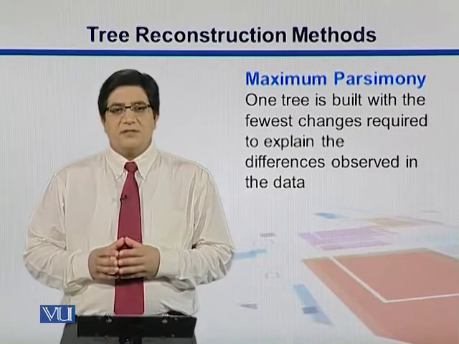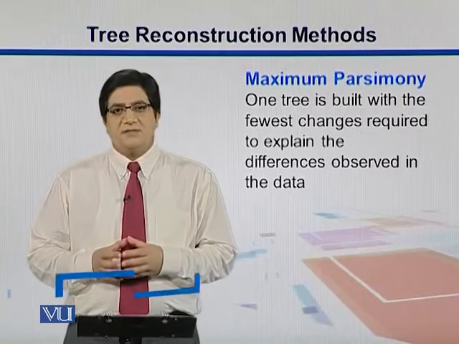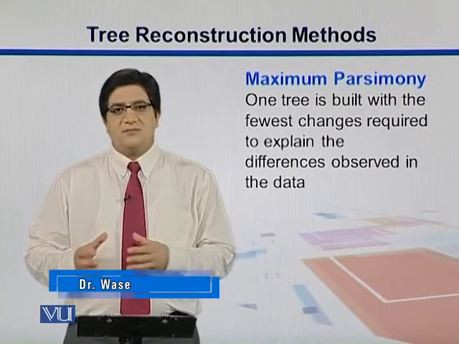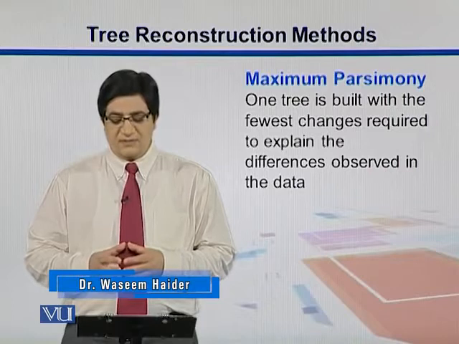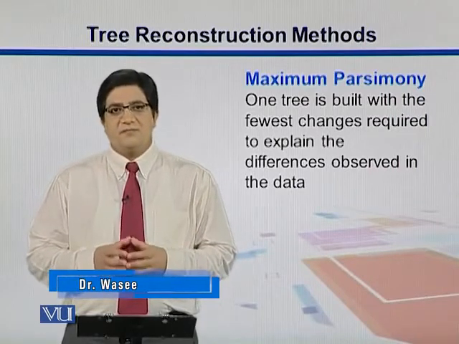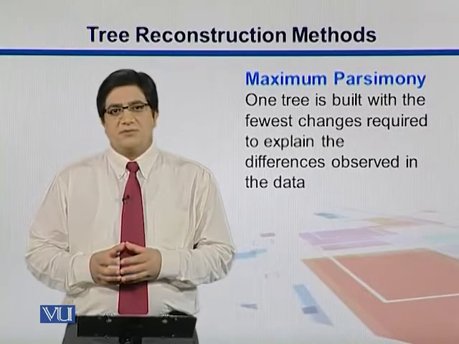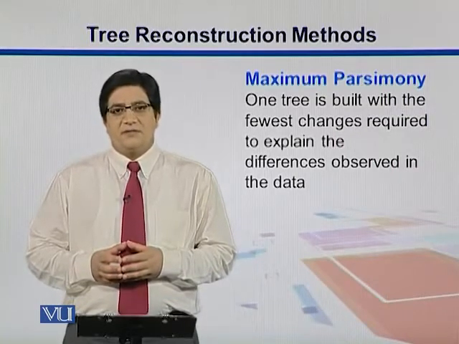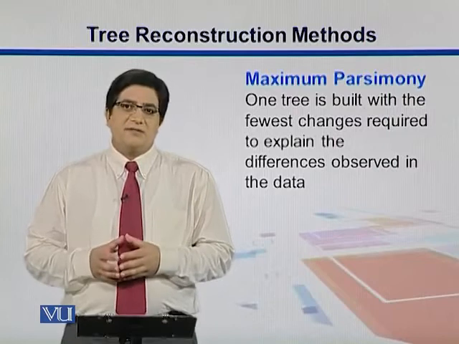Maximum parsimony means a parsimonious tree, where you economize. In this case you build a tree with the fewest possible changes. So you should make the minimum changes in order to make that tree, and in this method